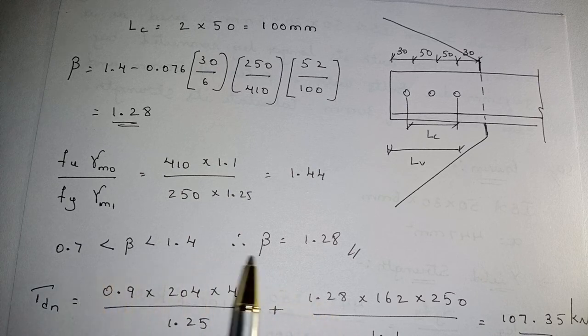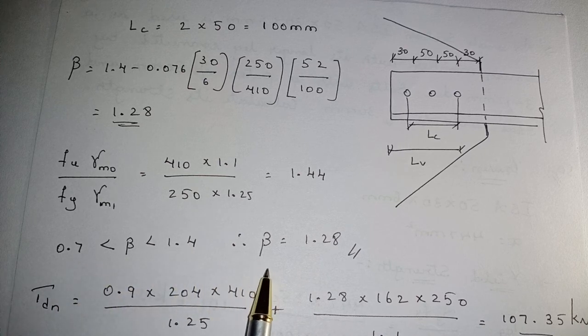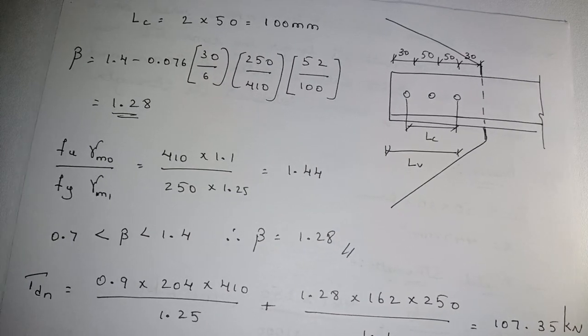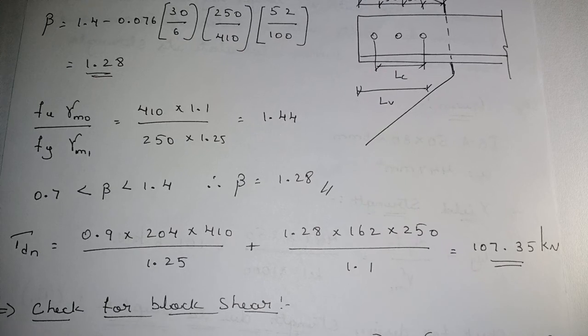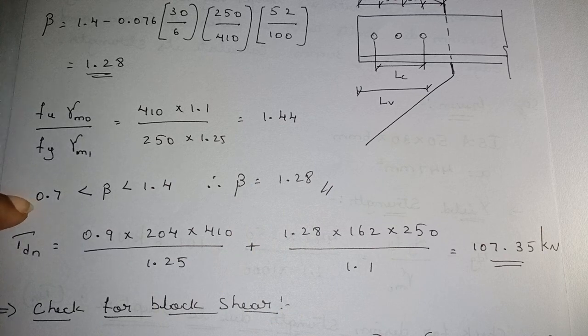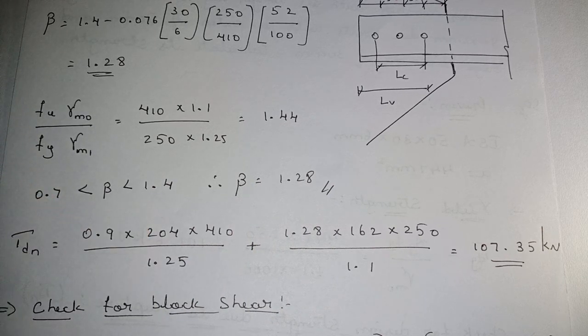But now whatever we have got, it is in between these two. Now it is correct. If at all you got it greater, take this value. If you got it lesser than this, take this value and substitute it here and do the problem. Got it? So now what I have got now is correct, right? But that is in between these two. 1.28, that is correct. It is greater than 0.7 and also it is lesser than 1.44. Now it is correct. Okay.